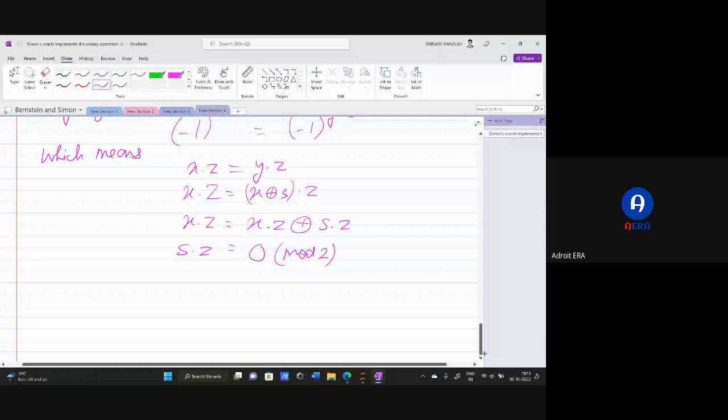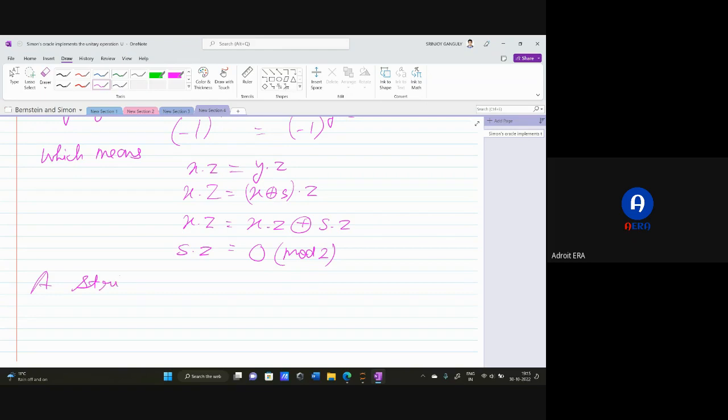So what does this mean? Let us understand what this means. This is the last step. When we are solving this quantum algorithm for Simon, it is directly going to give us the string. We don't have to do any extra calculation, as I have mentioned in the Simon's algorithm process. So I will write it just for the sake of completion. A string z